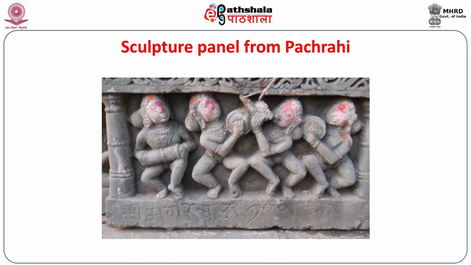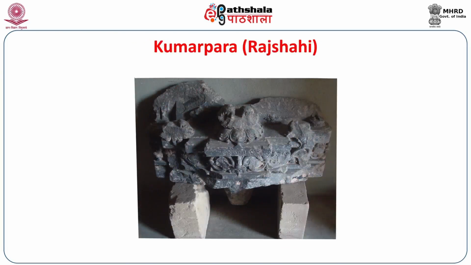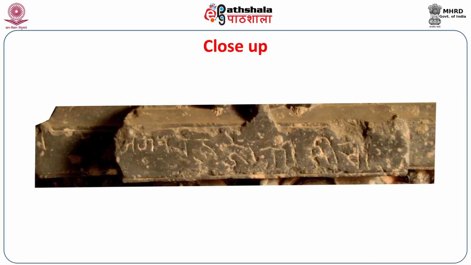On a sculptural panel from Pachrahi again, you get this Magaradhwaja Yogi. This is from Kumarpara in Bangladesh, where you get, instead of 700, Shisha, that means Shishya. So he had 700 Shishyas, is clear from this particular inscription. Again, on an inscription from Mahasthan, the same yogi mentions his name. So we now can record the journey of this pilgrim or this yogi from Maharashtra, Chhattisgarh to Bihar, particularly